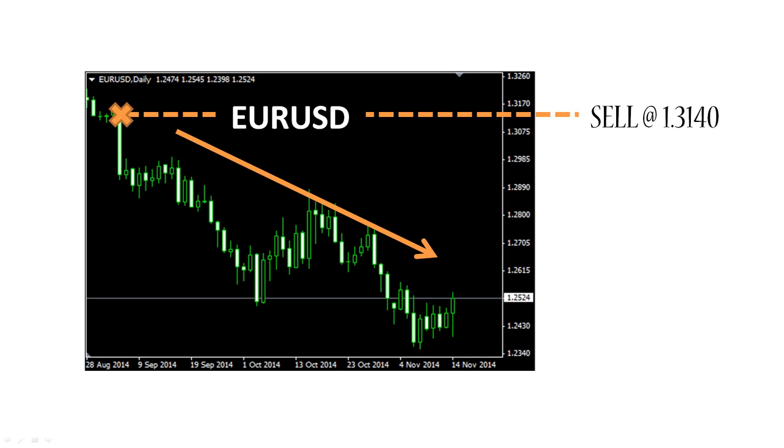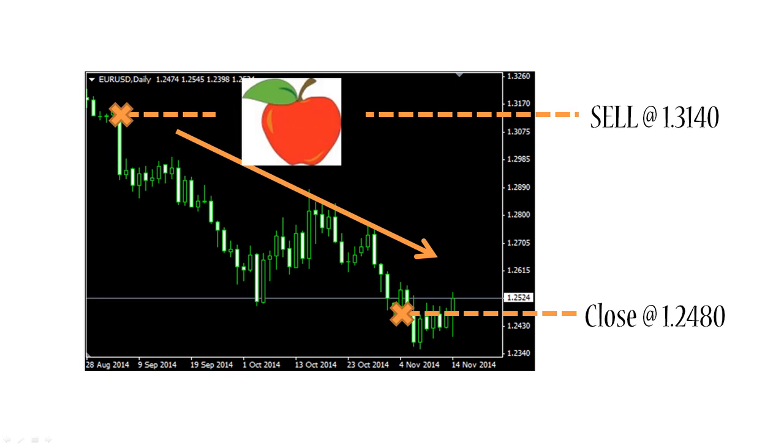He would sell at about 1.3140, and as we recall, that means that every 1 euro is worth 1.3140 US dollars, and then he would close the transaction at about 1.2480, meaning that at that point in time, every euro is worth only 1.2480 US dollars. So as we did previously, let's simplify this example by talking about apples, and now let's look